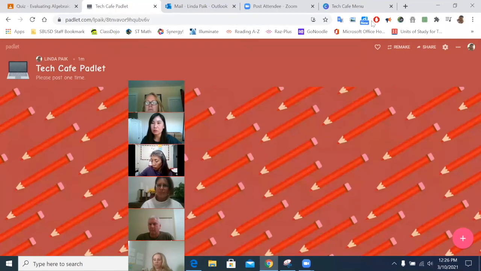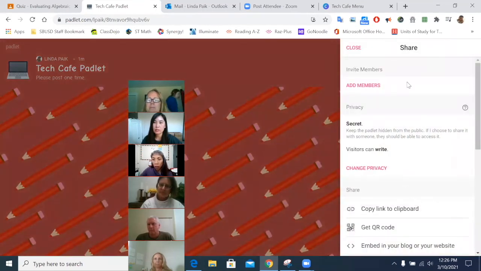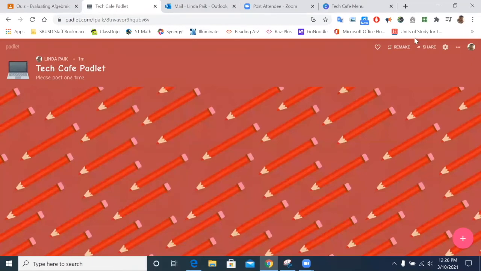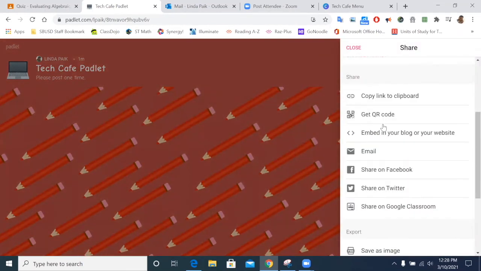If you close out the settings by accident and you're like, oh my gosh, I need the link, right here at the top right-hand corner, it says share. So the settings will pop up again. If you accidentally close that out, just go to the top right and then click share. You could copy the link to your clipboard and paste the link directly into your Zoom chat or your Google Meet chat. And then you can just instruct your students to click on the link in the chat